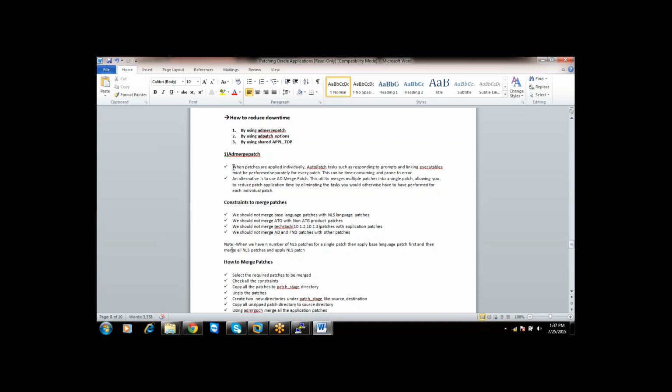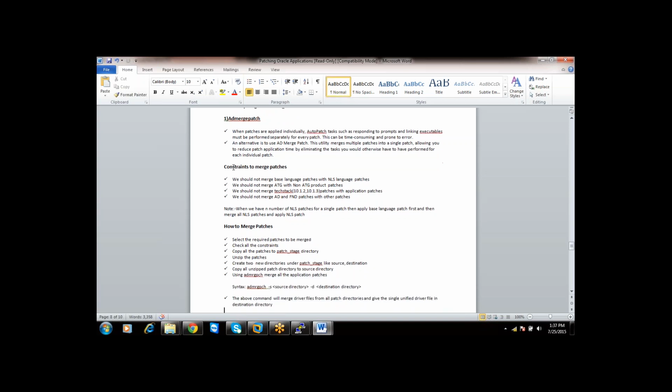But to merge the patches, there are some constraints. Constraints are nothing but restrictions. We should not merge base language patches with NLS language patches. We should not merge ATG patches with non-ATG patches. We should not merge tech stack patches with application patches.